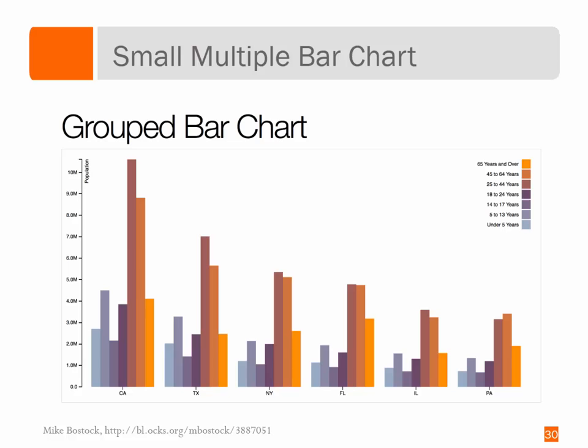And what we see grouped together here are some comparisons between states. So we see California, Texas, New York, Florida, Illinois, Pennsylvania across the bottom. And what these different categories are, the different colors of the columns in our chart, are age categories. So on the far left-hand side, in light blue, we see under 5 years, then proceed in purple, 5 to 13, 14 to 17, and then finally getting to the category of 65 and over, presented in orange on the